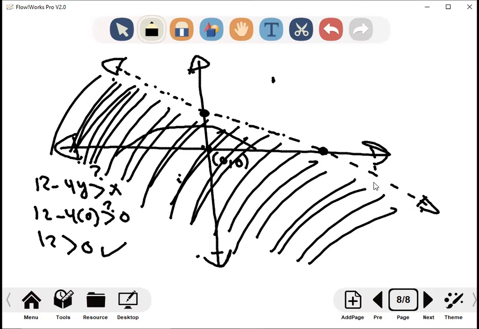Until this line, is it okay with you? Fine. Now I need to know either this area or this area. I'll take 0, 0. Why 0, 0? It's easy for me, that's all. Substitute in the inequality. It gives me a correct one, right? Means the 0, 0